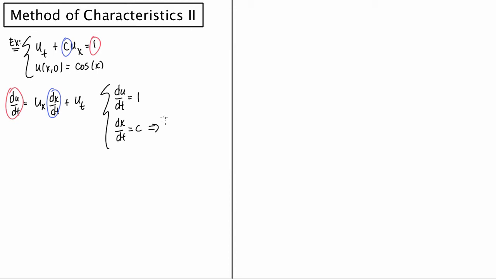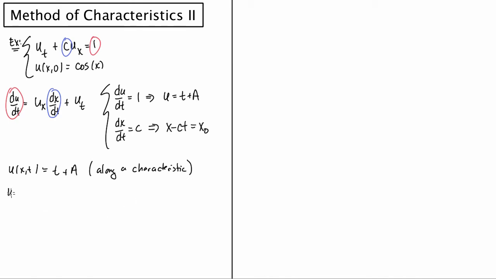And in this case, this leads to the characteristic lines. So this is x minus ct equals an arbitrary constant x naught. And du/dt equals 1. This gives u equals t plus a, and u(x,t) equals t plus a if you are moving along a characteristic. So if you are on a characteristic,